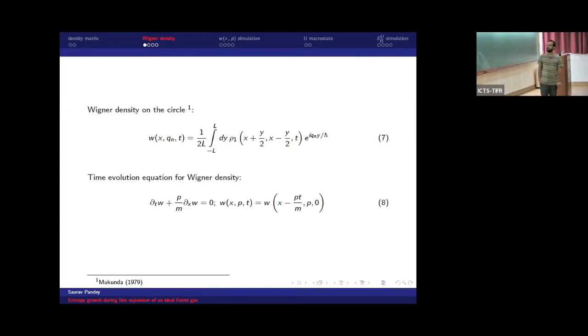The reason we define it in terms of this Q instead of the actual circle momenta is that it then satisfies a simple equation, which happens to be just the classical equation.